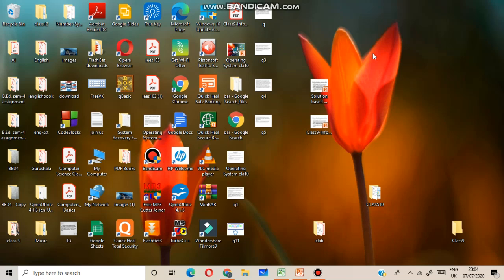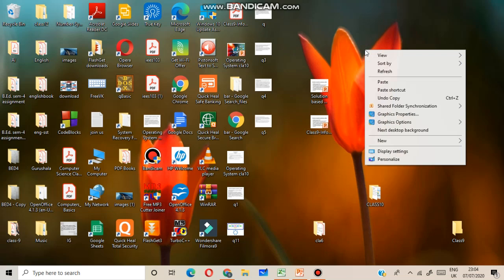Next, arrange file and folder. How will you arrange a file or folder? What will you do for arranging a file or folder? You can see here. Go to the Sort by option.